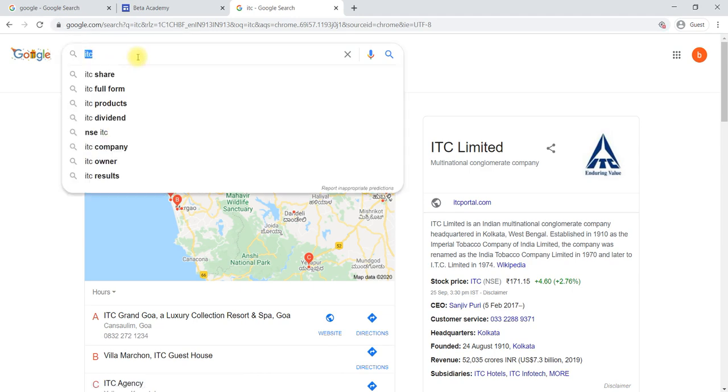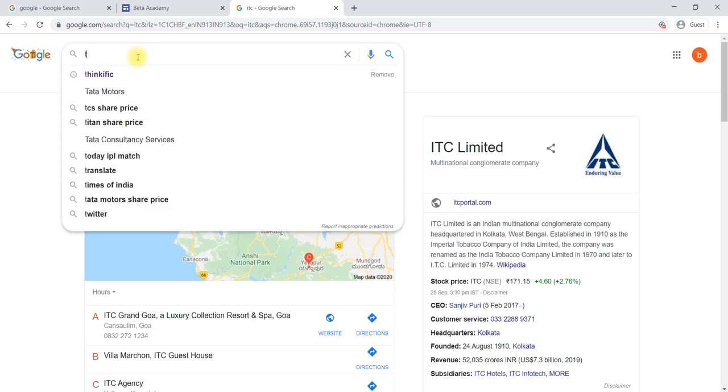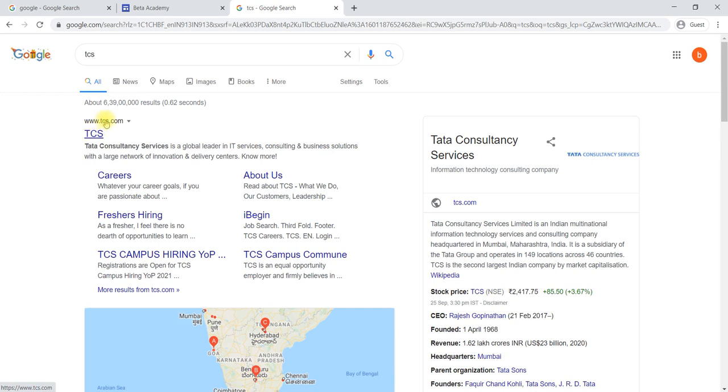If you are searching for any other company like TCS, you get www.tcs.com. These things are called a domain, www.yourcompany.com or .in or .org or .co.in. These are called a domain name.